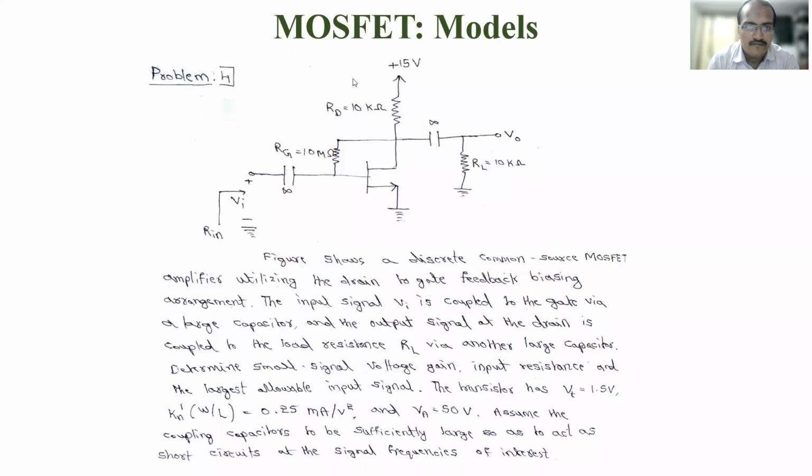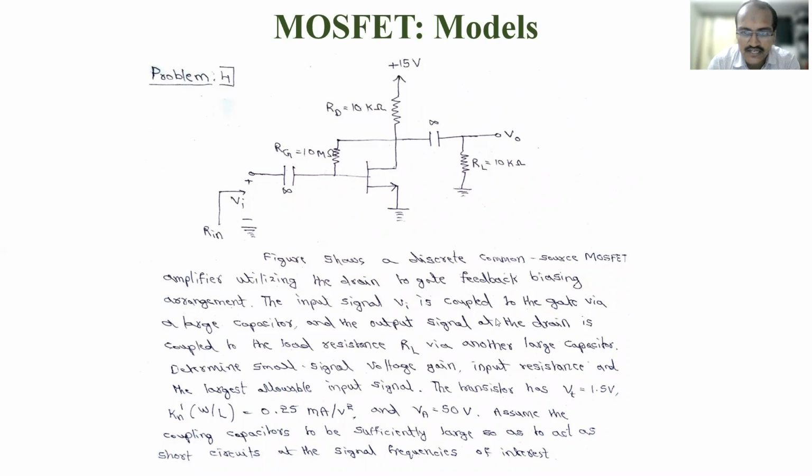Okay, good morning all. So as I told you, the last session on module 1, MOSFET small signal operation and MOSFET biasing, everything will be cleared by discussing this one problem. This problem is based on biasing using a gate to drain feedback resistor. Using that model, an amplifier is built.